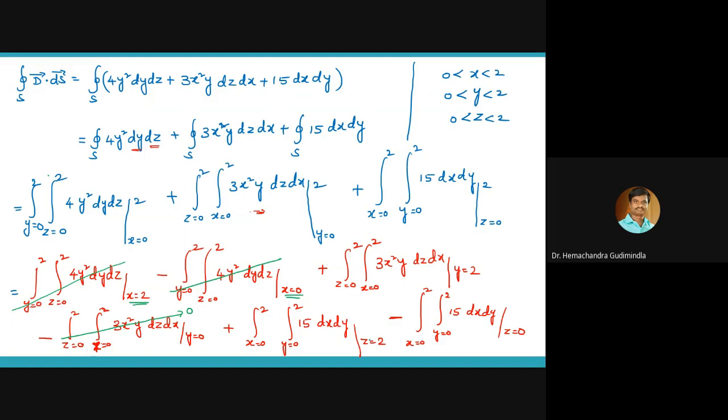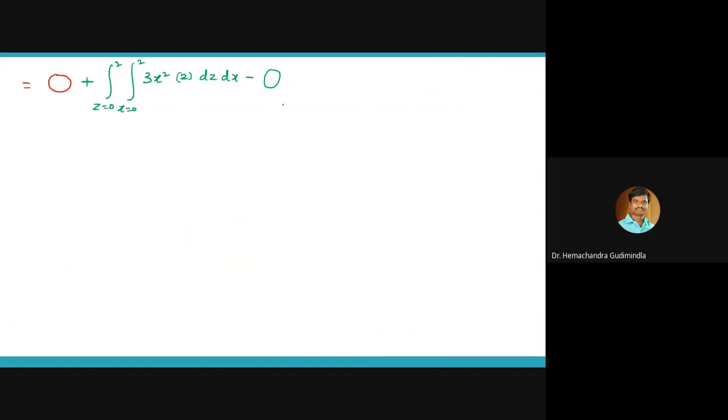Now come to here. Is there any z inside this equation? There is no z. So what we need to do? These two will get cancelled, because if you substitute, both are the same. There is no z here, so both will get cancelled. So finally, out of all the integrals, you got only one term, that is this one. So what is this integration term we got here? 6 into integral over z equal to 0 to 2, integral x equal to 0 to 2, 6 into x, sorry, 6 is already written outside, right?